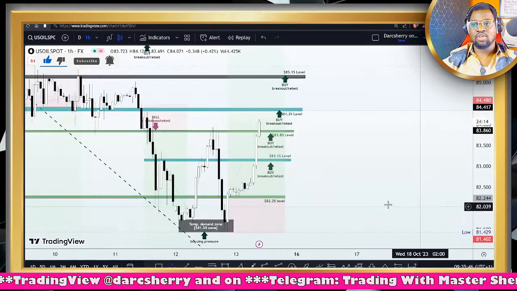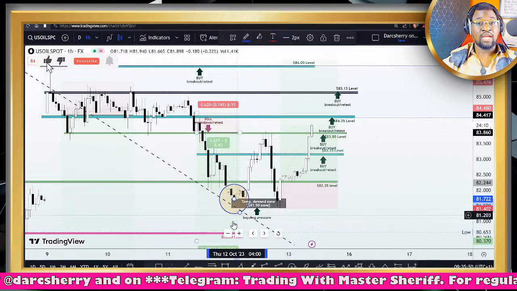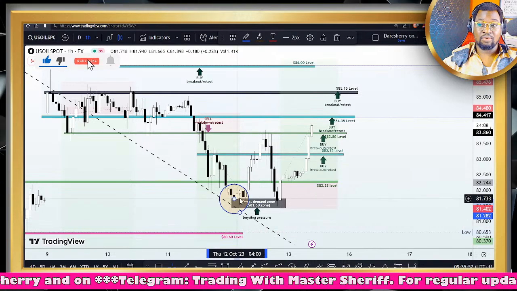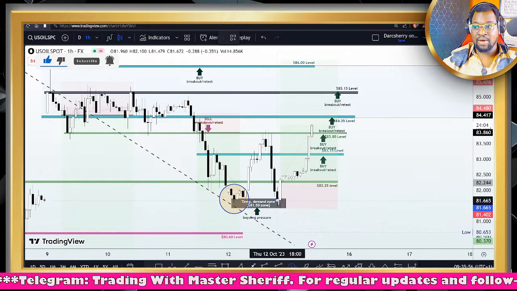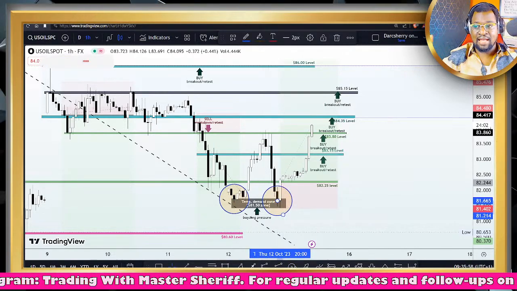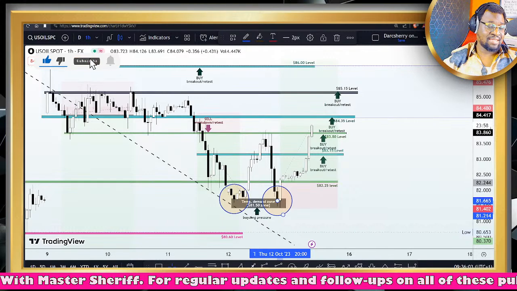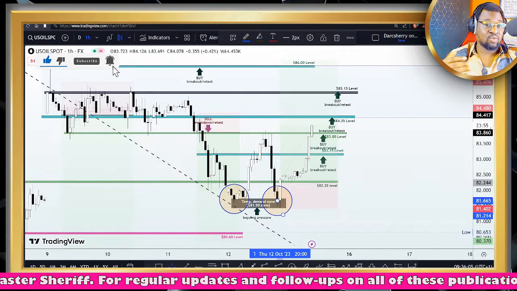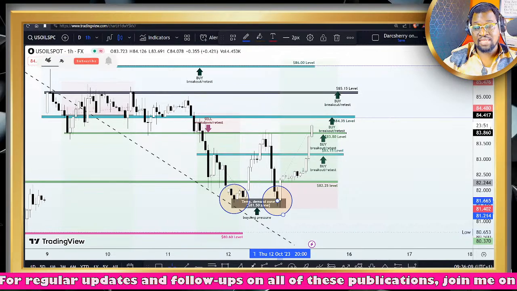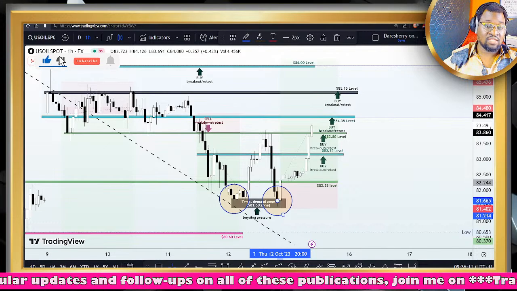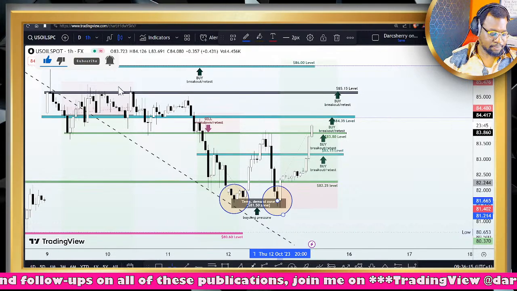Okay, so we saw how difficult it was for sellers to break through the $81.50 level a couple of days ago. Then we saw what happened yesterday despite the strong bearish momentum, and the inability of sellers to break through the structure is a clear sign that buyers are gradually gaining momentum behind the scenes, and that area could be serving as an accumulation phase and a platform for more buying opportunities in this market.